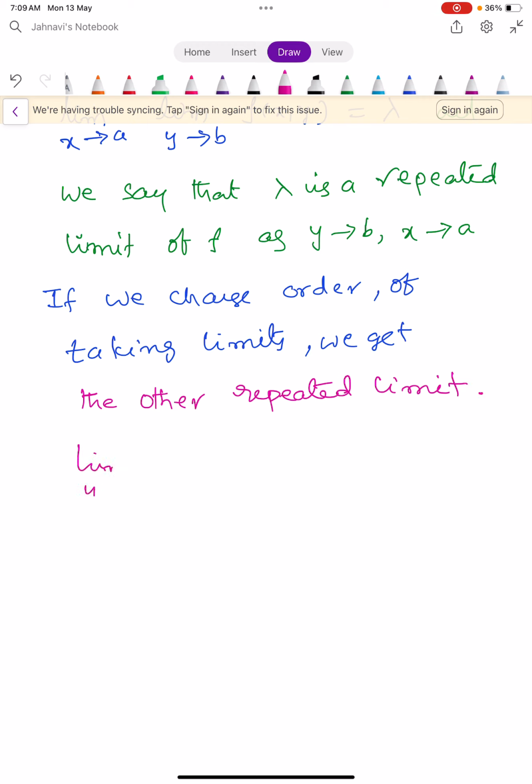That is, limit y tends to b, limit x tends to a, f of x comma y is equal to lambda dash. And the most important point is